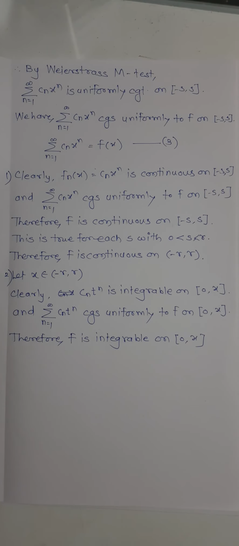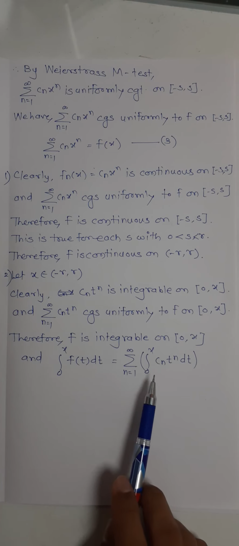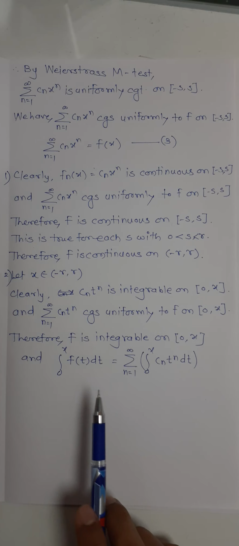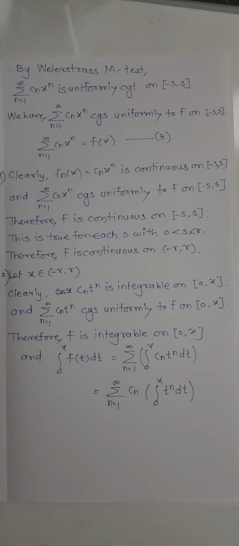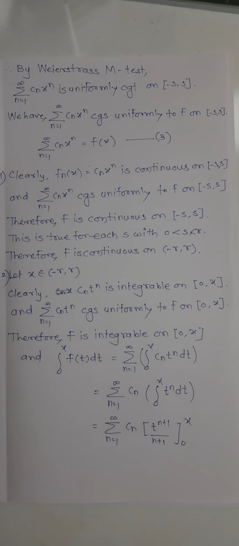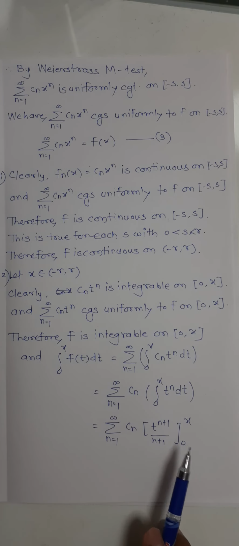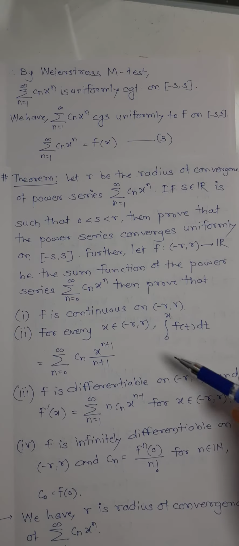And one more thing we have, this result we have already proved. The integration of f is nothing but, we can take the summation outside, integration of c_n t raised to n. This is one result we have already seen. c_n is a constant, so it will come outside, and the integration of t raised to n, what is it? Obviously t raised to n plus 1 upon n plus 1. After that, we put the upper and lower limits. If you put the upper limit, you will have x raised to n plus 1 upon n plus 1. If you put the lower limit 0, you will have 0. So that's why we get this thing. In this way we completed the second sub-equation also. See, this part is also done.